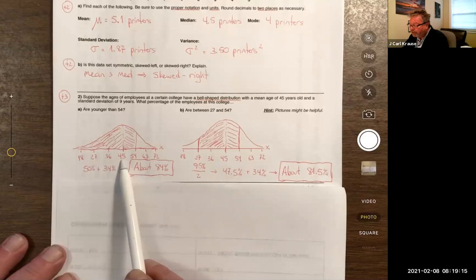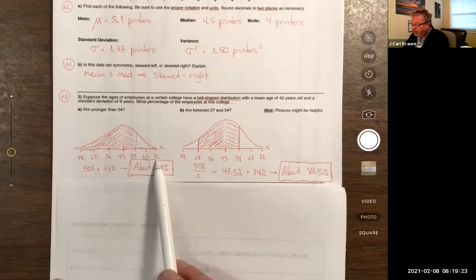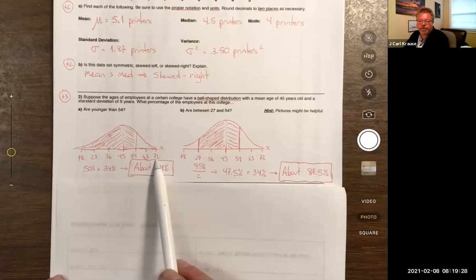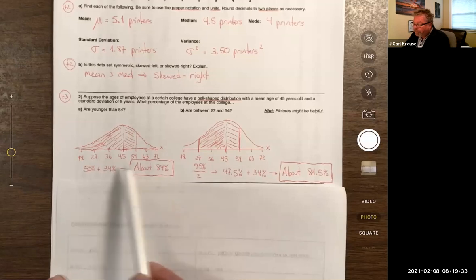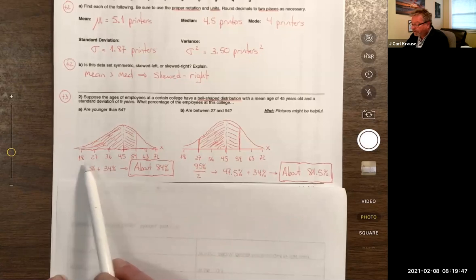Standard deviation is 9 years, so there's plus 9, plus 9, plus 9 gets us up to 72. And what we're saying in this picture is there's virtually nobody at this college who's older than 72. No employees at this college older than 72. And then here's minus 9, minus 9, minus 9. Same thing is true for 18 years old. Are there employees at this college that are younger than 18? Extremely unlikely. So we're saying that 99.7% of the employees at this college are somewhere between 18 years old and